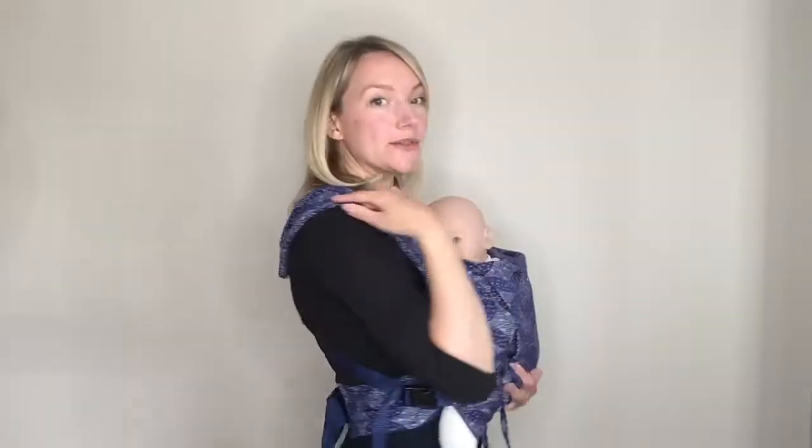Today I'm going to show you some quick tightening tips for your Bairn carrier. So when you're using your Bairn in a front carry, whether you're using cross straps at the back, like so, or whether you're using the chest strap at the back, hopefully these tightening tips will help you get the perfect fit. So first of all, when you're going to tighten the straps on your Bairn carrier, you want to bring